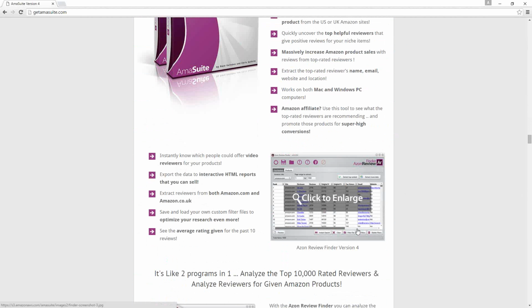It looks like you can actually harvest email addresses from people that are reviewing products on Amazon.